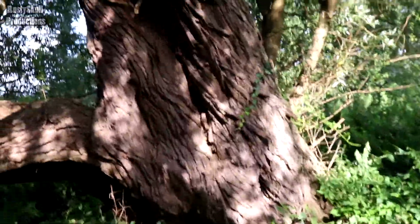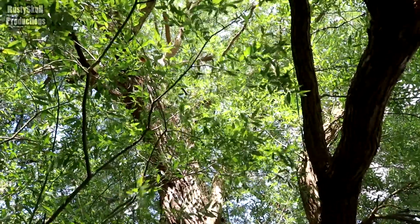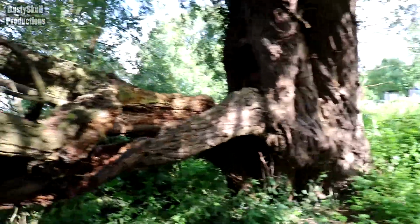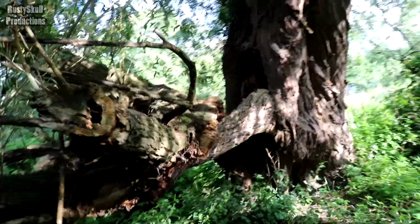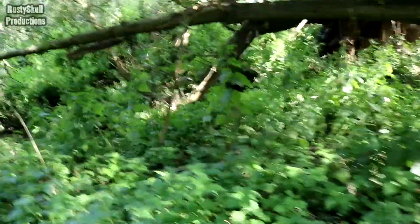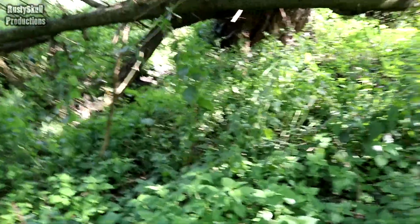Nice old tree. But I love an old tree, really. Trees are the one. Be perfect for making a tree house, especially in that part, if you can clear all the stuff out. Look, it's a bit hollow in there. Some kind of metal frame, look. Let's see if I can...